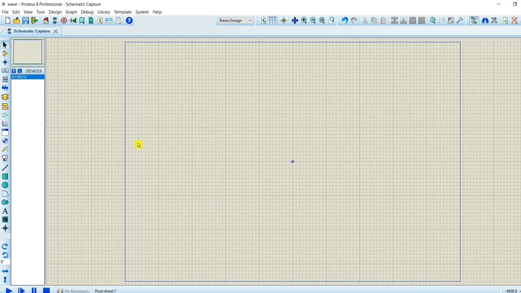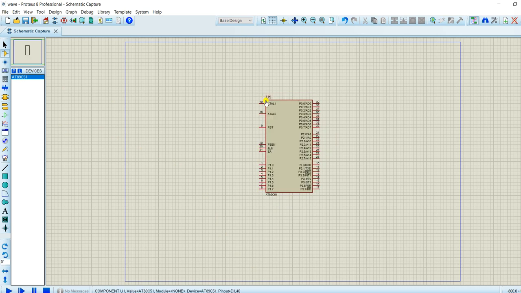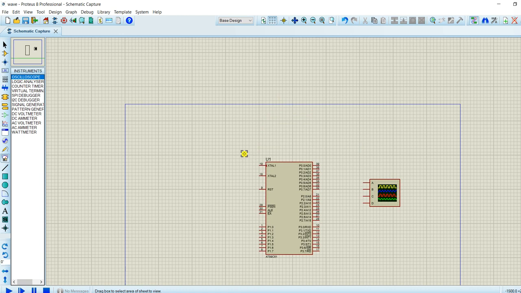For that we are going to the Proteus software, and here I have already imported the microcontroller AT89C51. We have to just load it here, and we also have to use one oscilloscope to see the output. Let's make it a little bigger.